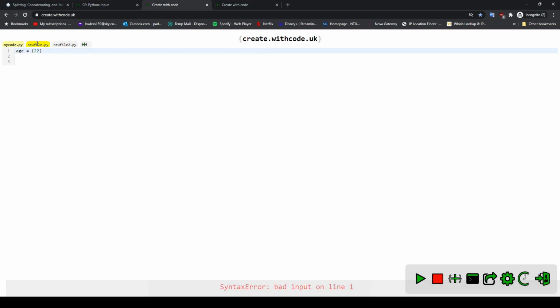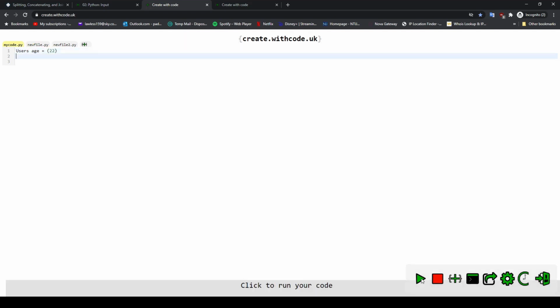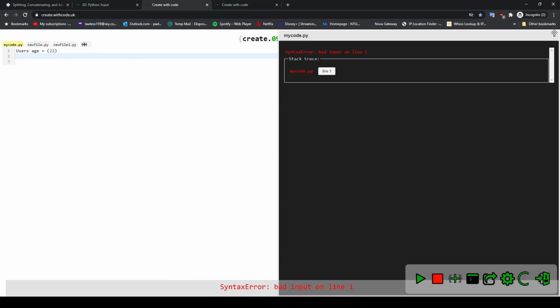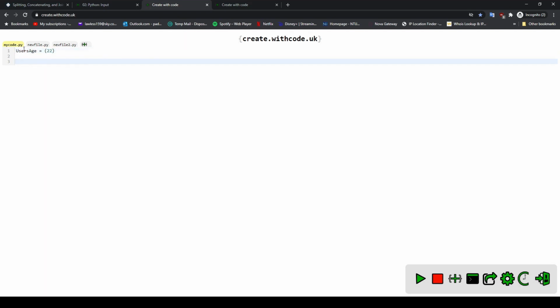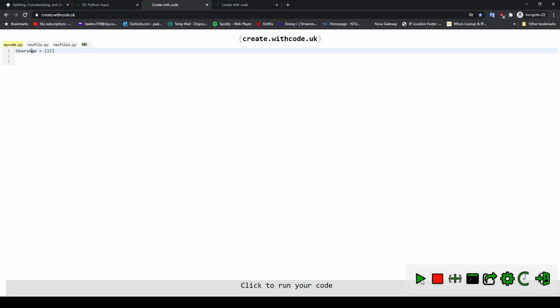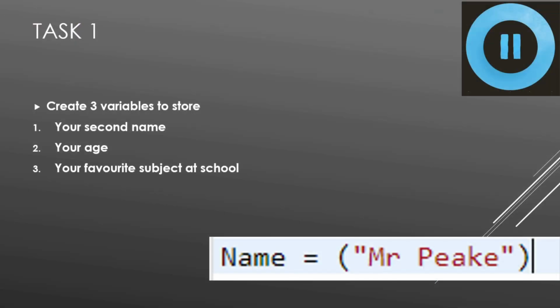Let's say I did want to call my variable user's age. I can't write it like this. If I tried to run, it wouldn't work. So you can't have spaces in the names of your variable. I could either write it like this, or I could put a capital A to sort of show that it's a new word, and then if I tried to run that, I wouldn't have an error. Okay, so next,